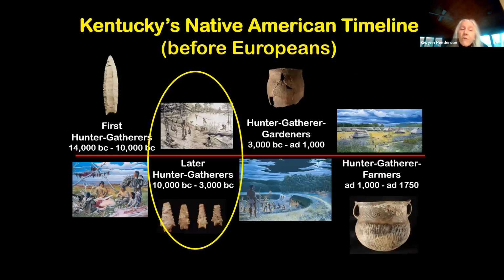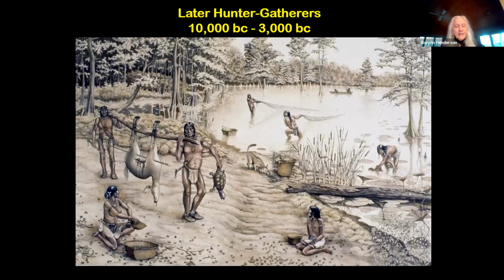These very first hunter-gatherers, their descendants were the later hunter-gatherers, and they lived in Kentucky from 10,000 to 3000 BC. These folks lived in a Kentucky that was changing its environment as the ice retreated and the mastodons and mammoths went extinct. Different plants and trees and environment, more like what we have today, came to be in central Kentucky and